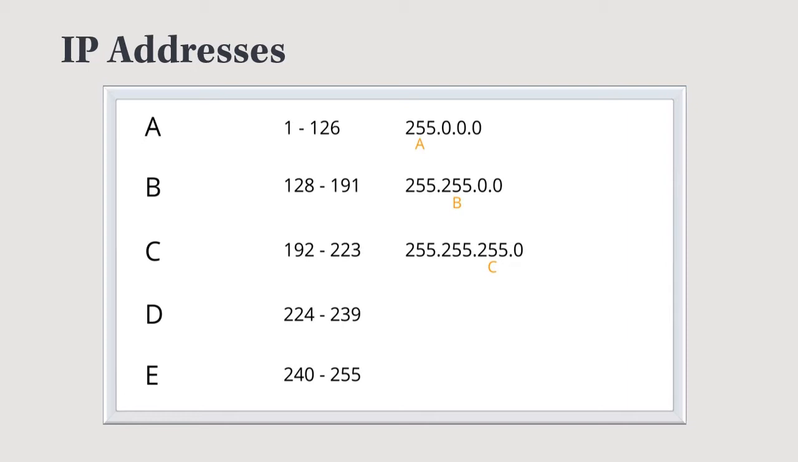And then we're going to move to B. An address in the B range is going to be from 128 to 191. And so any IP address that's in that range that is using classful IP addressing is going to have the default subnet mask of 255.255.0.0. And then the class C is going to be an IP address where the first octet is 192 to 223. And if we have an IP address that's using classful subnet masking, that is going to give us a default subnet mask of